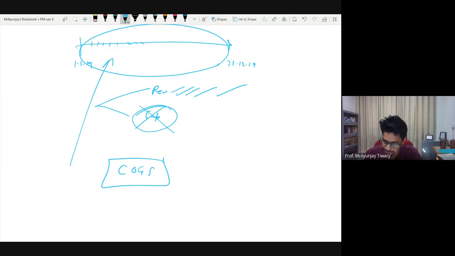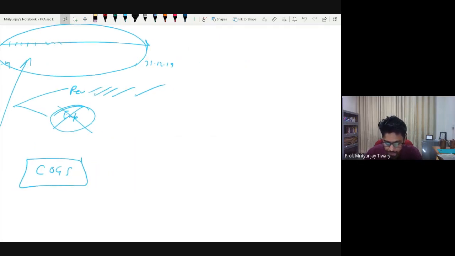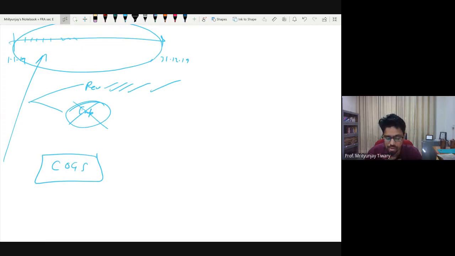How is it easier? Let's see. To find out the cost of goods sold for the entire year, or rather the entire accounting period, whether you maintain records for 6 months, or monthly or quarterly, then for that quarter or month. The bottom line is, for the entire period we want to find the cost of goods sold, and for that we want 3 pieces of information.